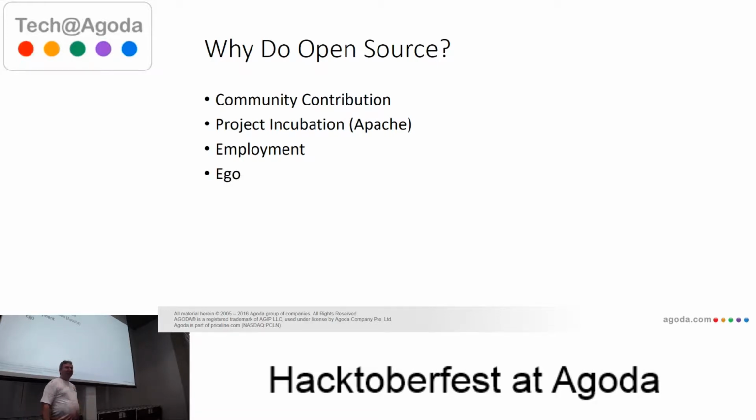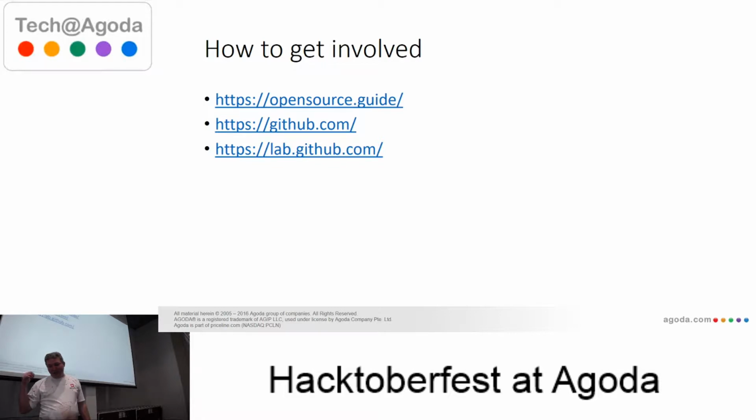Ego. This is probably why I do open source, because I want to show people how cool I am. And fun. We all have fun writing code, otherwise we wouldn't be software developers. So how to get involved? There's a great opensource.guide website if you want to get more involved in open source. GitHub, of course, and GitHub's also opened up a new lab.github website, which is kind of like,